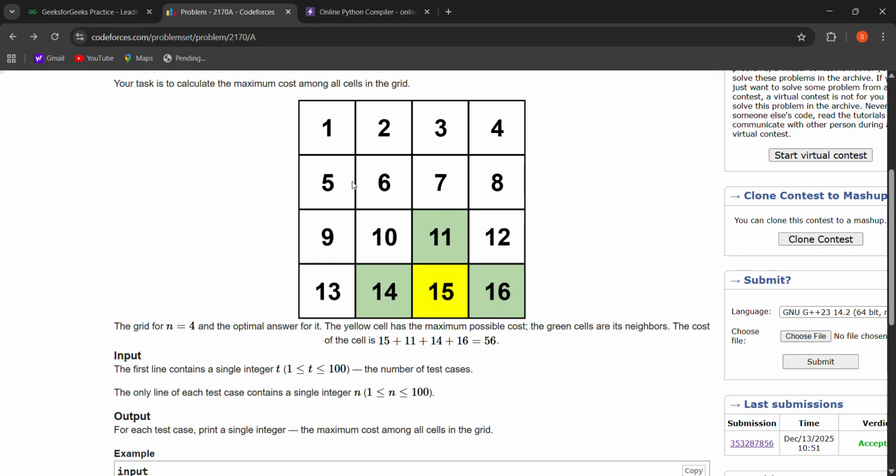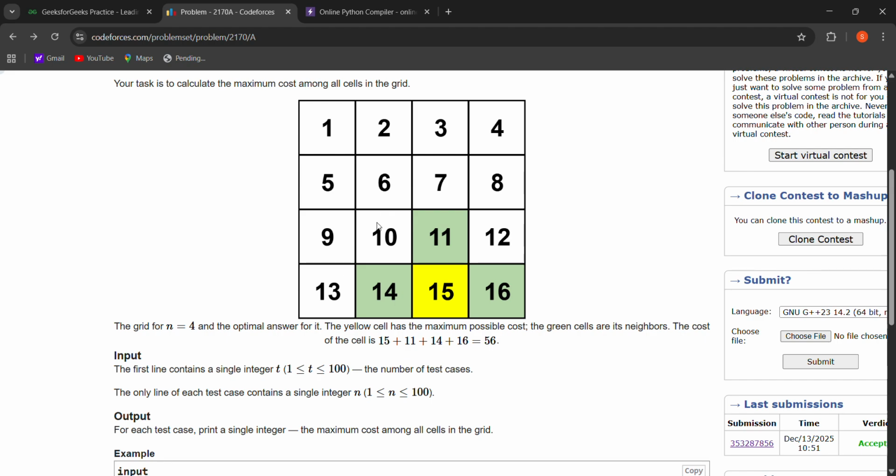Similarly for this 5 and this 7, the row will be the same, but the column is decremented here and the column is incremented here. So the coordinates of the 4 neighboring cells will be minus 1 comma 0, this is 0 comma 1. That means the row will be the same, but the column is incremented by 1.